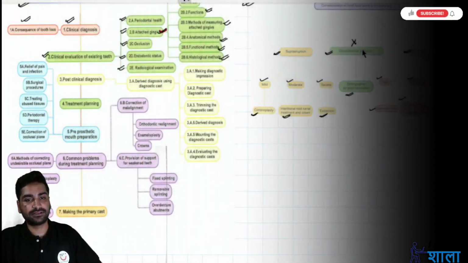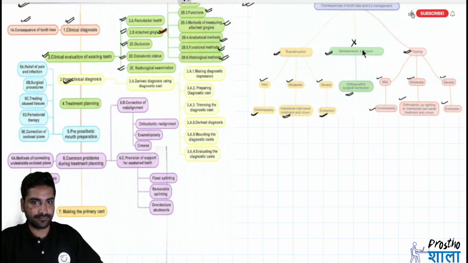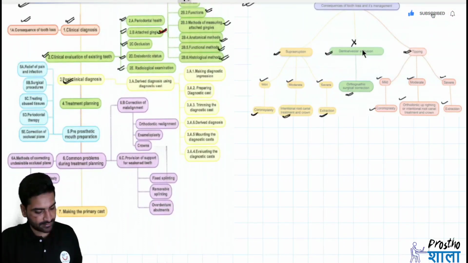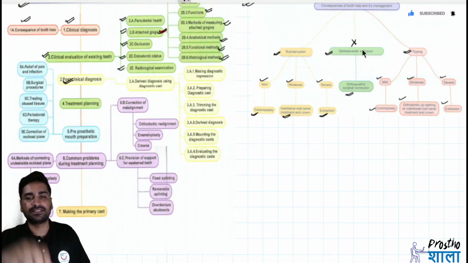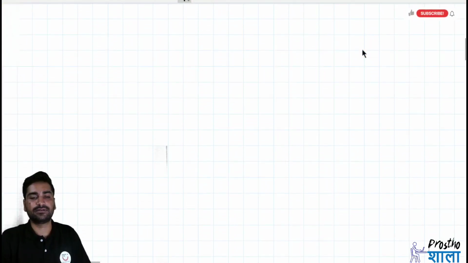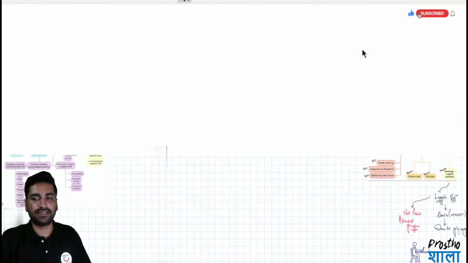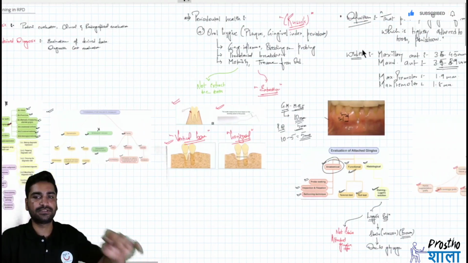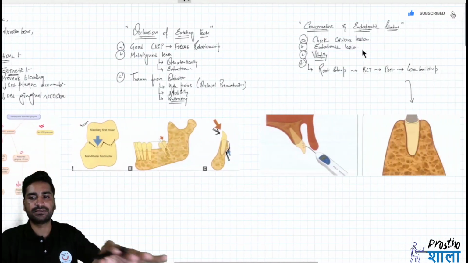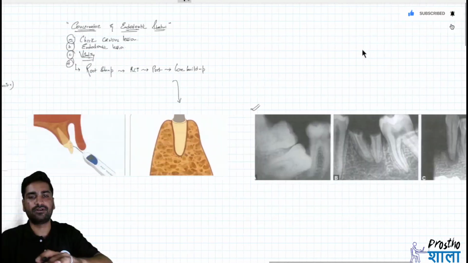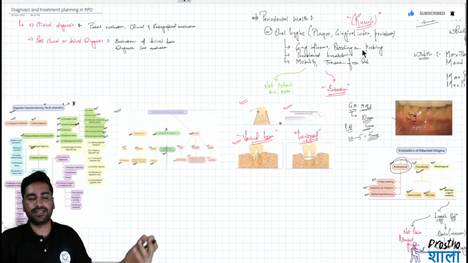Post clinical diagnosis is the next heading. Okay, so now when we talk about the post clinical diagnosis, the first thing is we take a diagnostic cast from the patient. Post clinical diagnosis is after you have evaluated all these clinical factors which we discussed till now. Once you have evaluated all these factors, you go on with taking a diagnostic